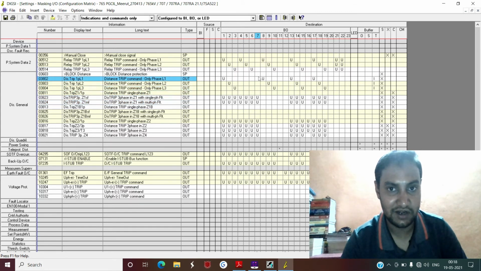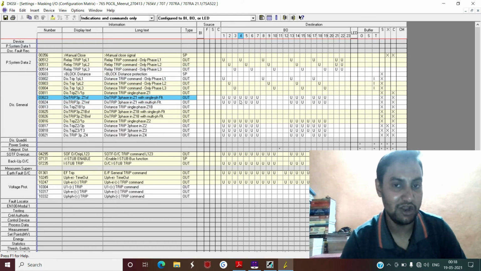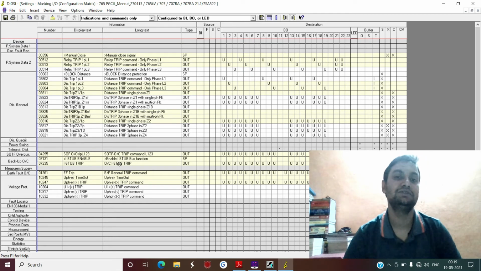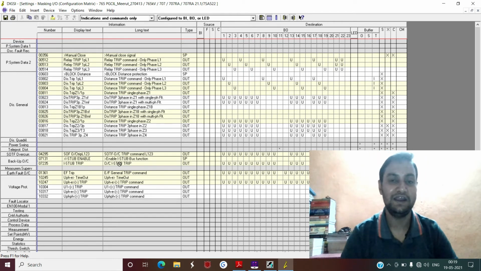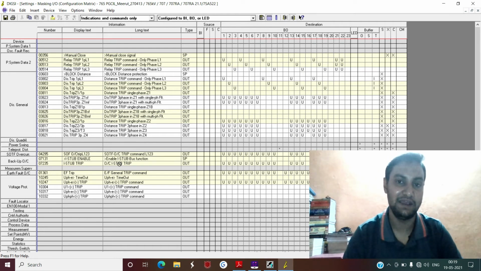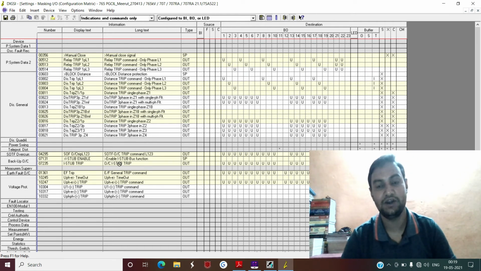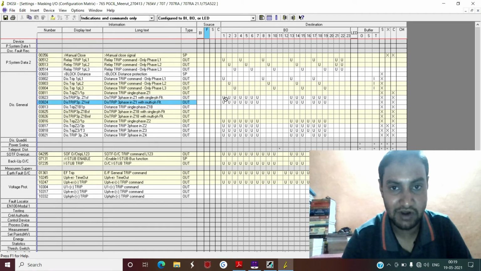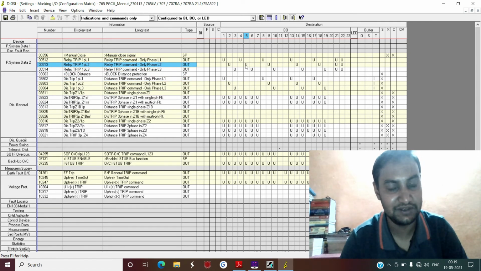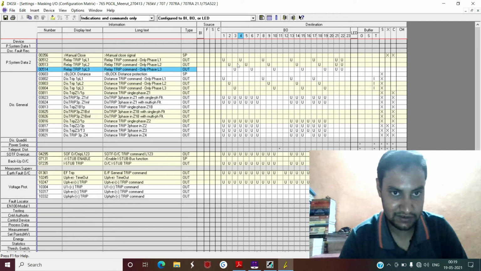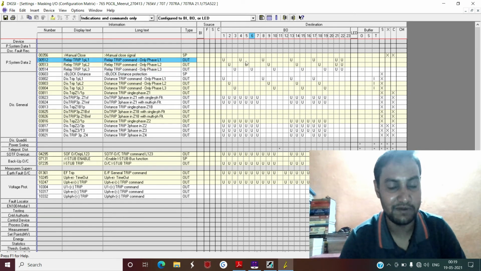And now if you see here, there is a problem in your relay configuration, and that's why I am showing you this particular project file, because in this project file I have already deleted, changed, and modified some of the configuration, so that now you can visualize what I have done here. I have configured this 4, 5, 6 basically for the tripping coil 2 individual pole tripping from the relay general trip command, but not from the distance tripping commands L1, L2, L3.